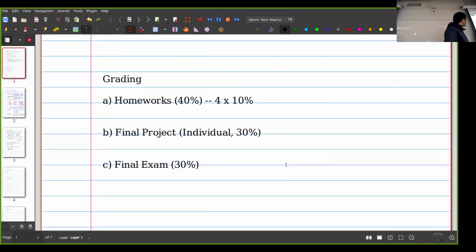And a very short point about grading. We will have 4 homeworks. Each homework is 10% of your total grade. You actually get to resubmit the homework. So the way it works is that we release the homework, you have a deadline, you have to submit a solution by that deadline. Then you get some feedback from either myself or the TAs, and then you get a new deadline, you get to submit again, and then your score would be the maximum of the 2 attempts. There's also a final project, which is basically implementing a smart contract. That's 30%, and there's going to be a final exam.